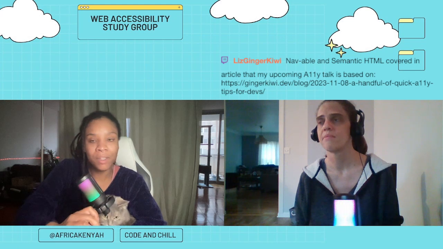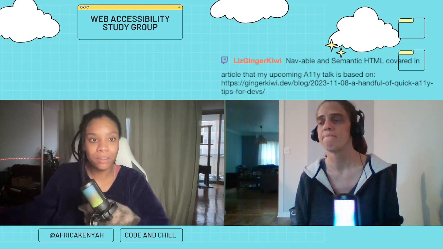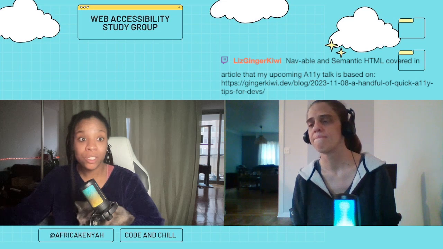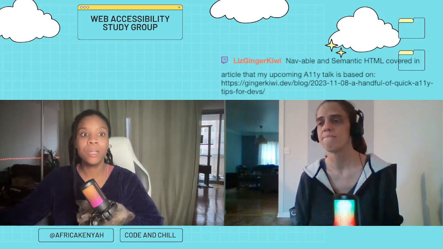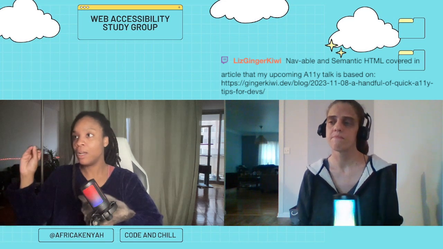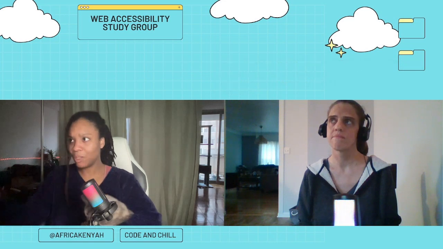There's consistent navigation. When we click on something, it's not taking us somewhere we didn't expect, right? We want to make sure that there's error identification, labels and instructions, and then the last part is robust. We're almost there. We want to make sure that things are compatible. So they're parsed correctly, which I think is not going to be a thing in 2.2.